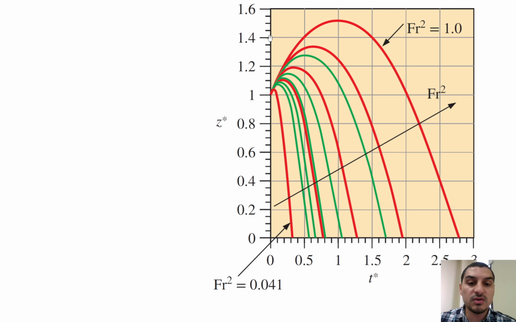While if you think of a chart like this, if you want to make a chart like this for the dimensional equation, it is going to be a very huge chart, because you need to have an X scale from 0 to, I don't know, 30 minutes, 40 minutes. So it's going to be much bigger than this. For the height, it has to be from a few centimeters up to hundreds of meters. So it's going to be a huge scale. While in this case you have a very limited scale for Z star and T star,